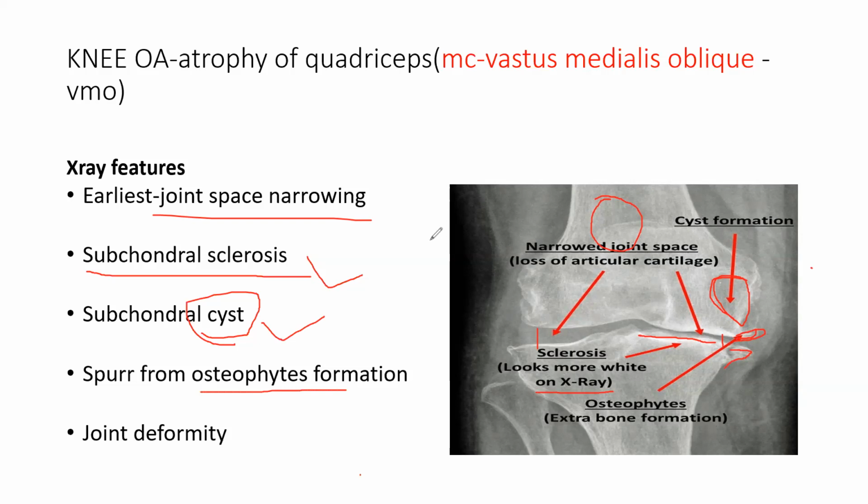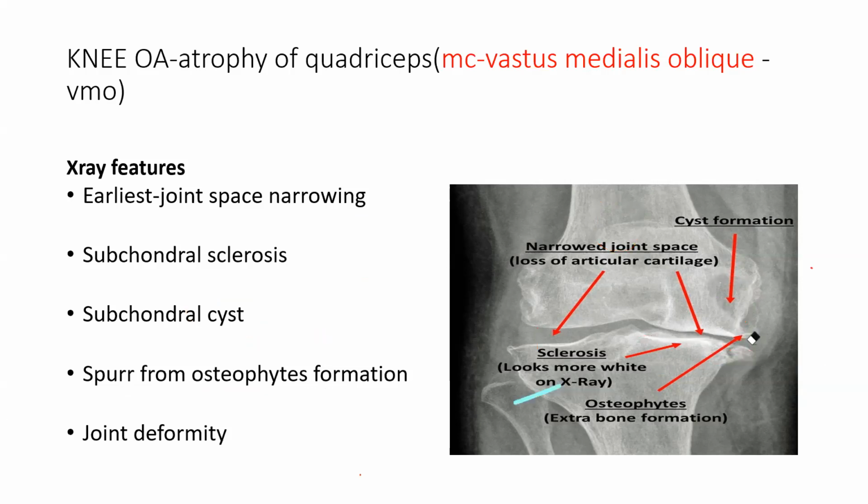So what are the characteristics of an OA knee? We'll read it again. The first thing is the joint space. See this joint space and this joint space. This one is so big, and this one becomes very thin. Below the chondrum you will see these white lines, these are sclerotic lines, more subchondral sclerosis. You will see this black translucent area, it is a cyst formation. Cyst has formed, sclerosis has occurred, joint space has decreased. The new bone formation is osteophytes. Joints can deform. So these are osteoarthritis.